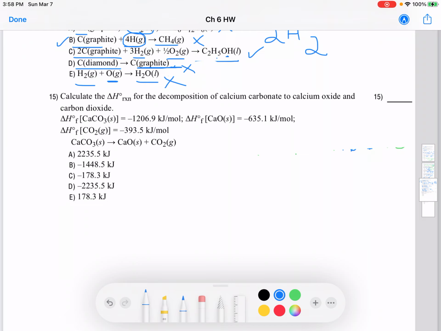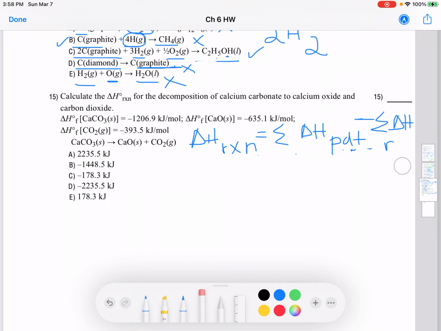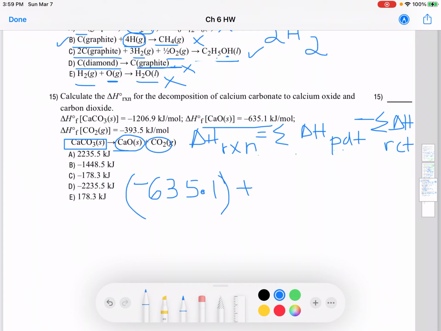Calculate the delta H reaction for the decomposition of calcium carbonate to calcium oxide and carbon dioxide. And we are given the formation values. So delta H for the reaction, we use the sum of the delta H values for the products minus the sum of the delta H values for the reactants. And what are our products? This is our equation. Calcium oxide, carbon dioxide. Our reactants are calcium carbonate. So the delta H values for the product, calcium oxide, here. And it has 1 mole, negative 635.1 kilojoules per mole, plus the other one, carbon dioxide